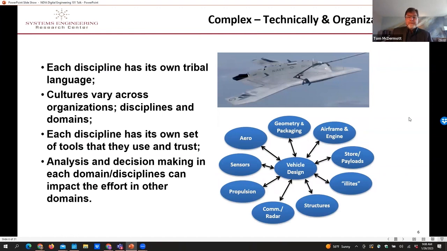In the engineering discipline, and digital engineering is about the discipline, we're dealing with a historical process where each engineering discipline has its own language. Each organization involved has its own culture and language. Each one has its own tool set. So the analysis and the decisions that are made have to be integrated together by these superhuman people.